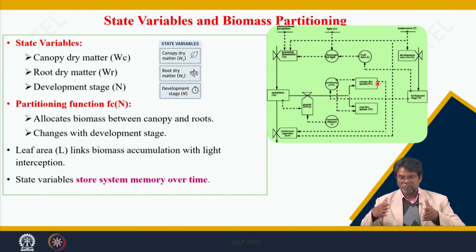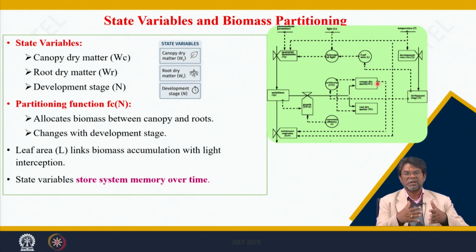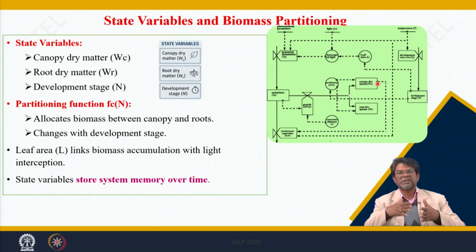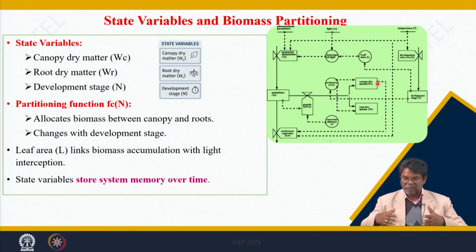When there is accumulation, suppose today the dry weight is 15 grams per meter square. After 10 days the dry weight changes, because the carbohydrates get converted to dry biomass and the dry biomass partitioning takes place. That depends upon the initial dry weight of the crop, how much carbohydrate is lost, and how much assimilate is converted to dry weight.